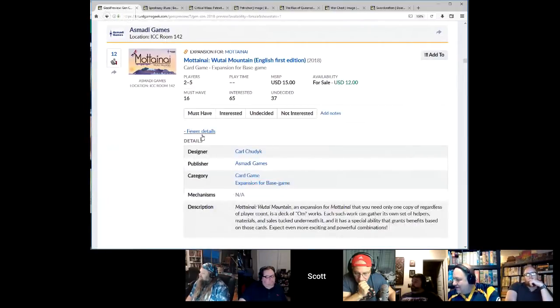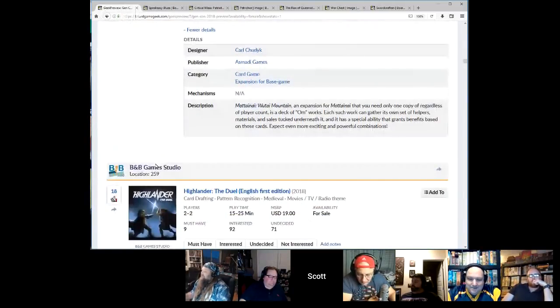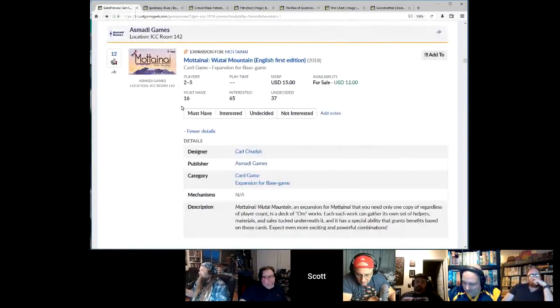So if you want a knockoff of Glory to Rome because they couldn't reprint it, here's your chance to get an expansion for that. I have 2 things. One, they sold like the Matanai deluxe version or something last year, and I almost picked it up. I was like, I should just buy this, and then I talked myself out of it. Then I said I should buy this. I talked myself out of it,